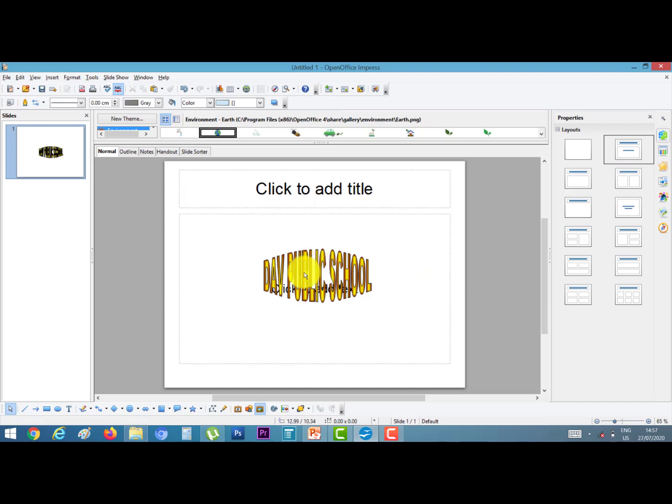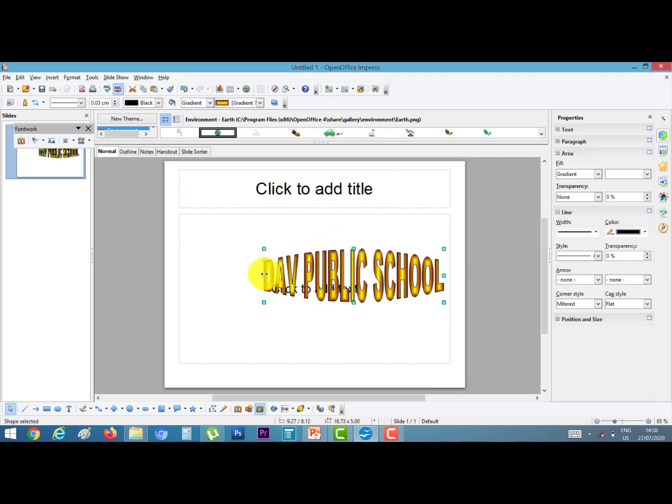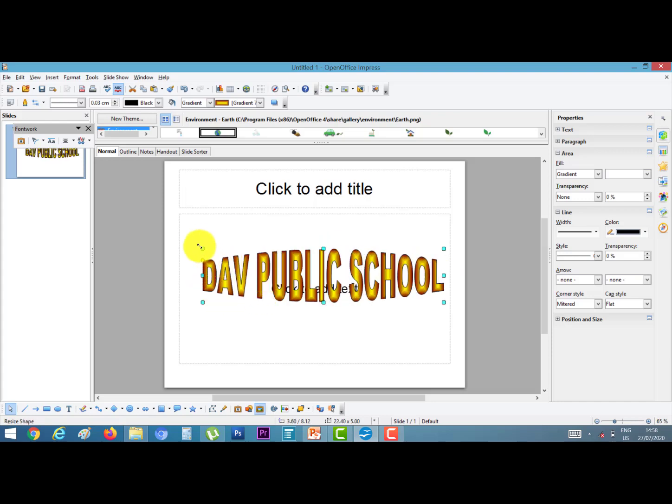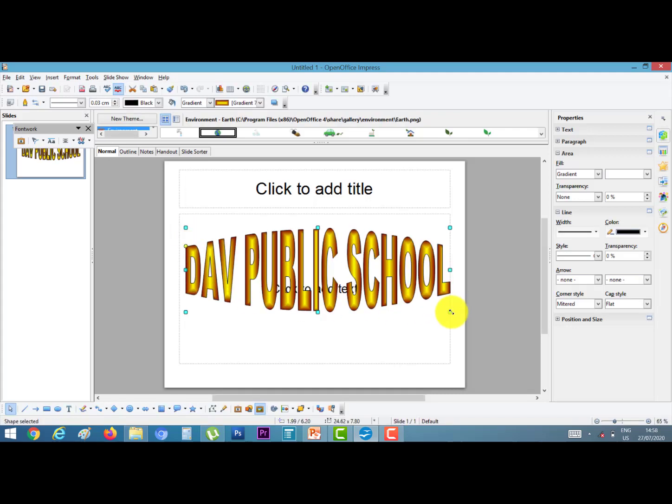Now you can see the effect of the Fontwork. You can increase or decrease it by clicking on the green dots. Thank you.